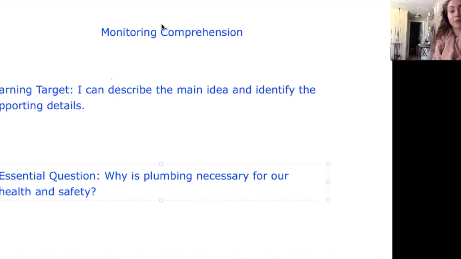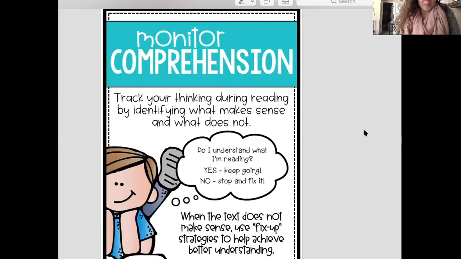Now, the cool thing about reading is you can do the same thing. You can pause your thinking, you can rewind it, you can actually just start over, to help you understand what you're reading. All right, so let's talk a little bit more about comprehension monitoring. Monitoring comprehension is when you are thinking about what you're reading while you're reading to determine whether it